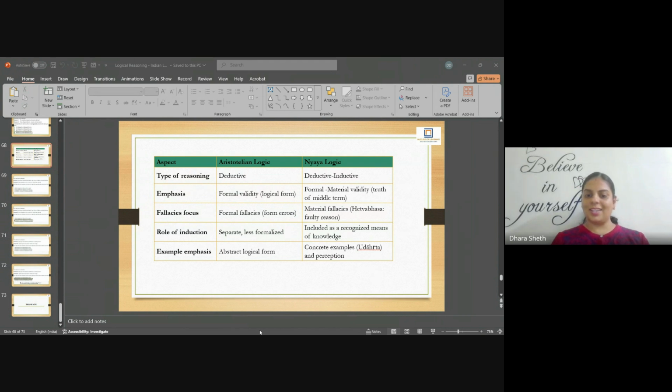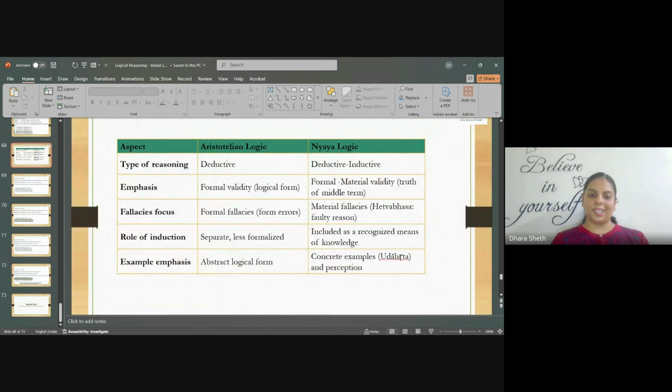So this is the difference between Indian and Western logic system. Questions have been asked based on this. Aristotelian logic is deductive, whereas Nyaya logic is both deductive and inductive. We start with inductive and deductive in the same statement of reasoning. Okay, it's not separate. The emphasis is on formal validity, structure-based logical reasoning in Aristotelian logic, whereas in Nyaya logic,